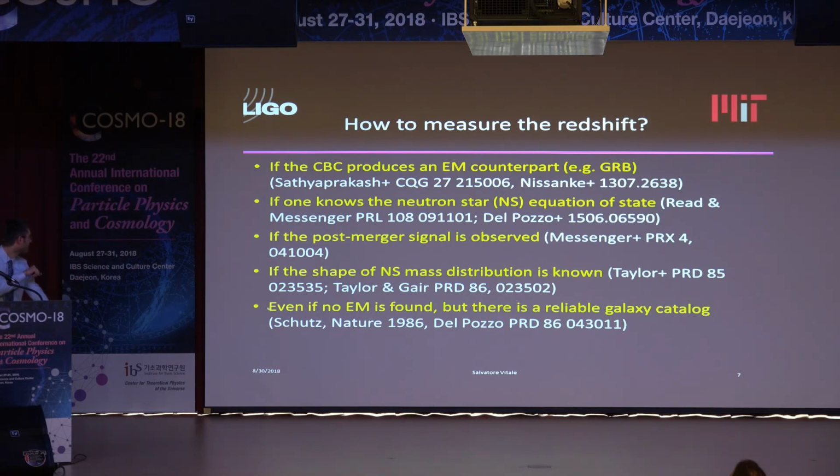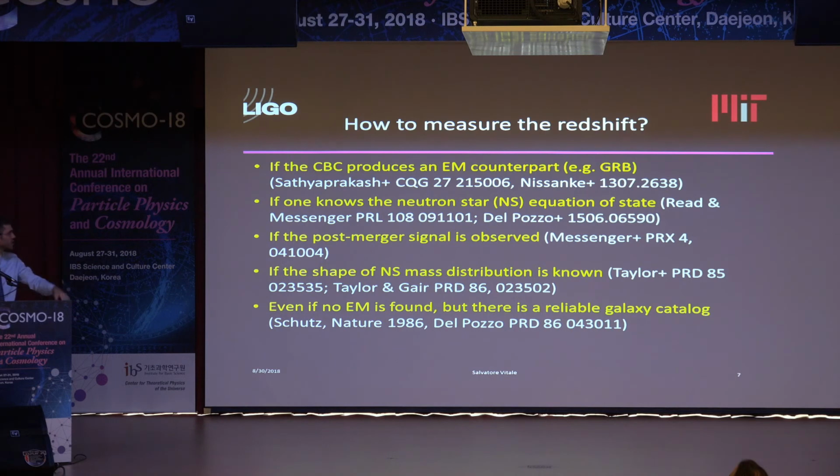And even if you don't get any electromagnetic counterpart, another thing that you can do, if you have a galaxy catalog that covers the error region associated with your event, is that you can get your sky map, actually as a volume, really, because we have the distance and RA and Dec. You can just take all the galaxies which are compatible with your volume, and you follow them up one by one. You assume that each of them in turn is the real host. Each of them will give you a redshift. All of them but one will be the wrong redshift, of course.